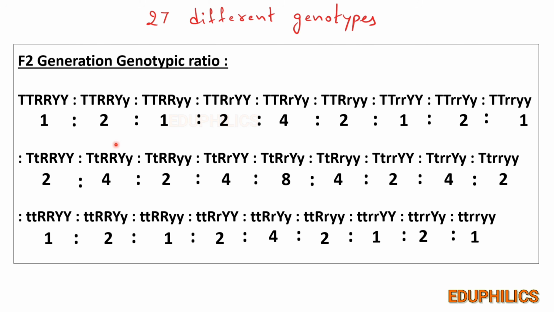If you want to follow any easy method to find genotypic ratio in a tri-hybrid cross, you can follow the forked-line method. This method is easy compared to the Punnett square because it takes a lot of time for you to sit and count all these different genotypes and write the ratio. Anyway, this is the genotypic ratio of our cross. So according to our question, we have to find the phenotypic and genotypic ratios of progeny in F2 generation.